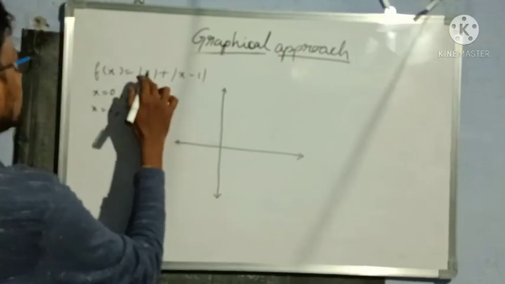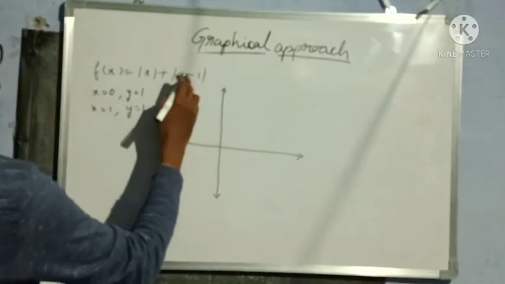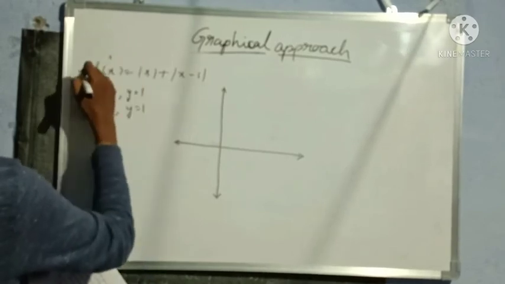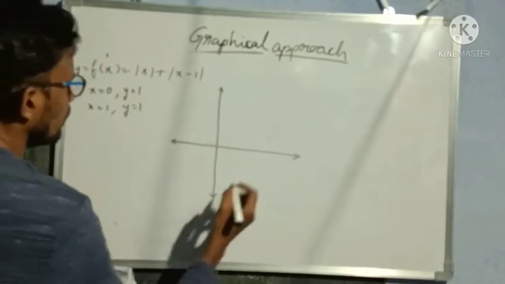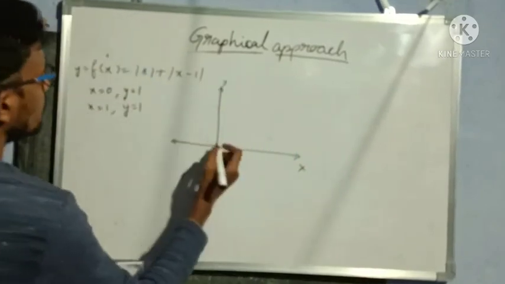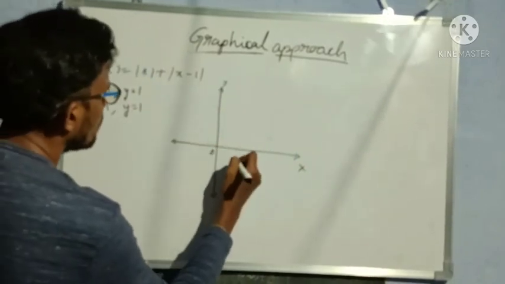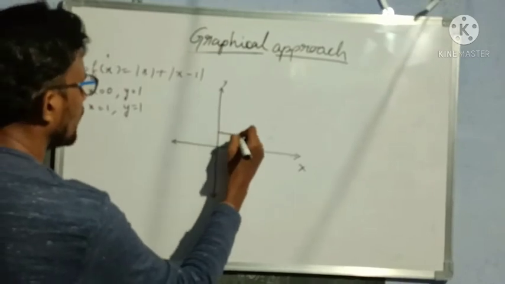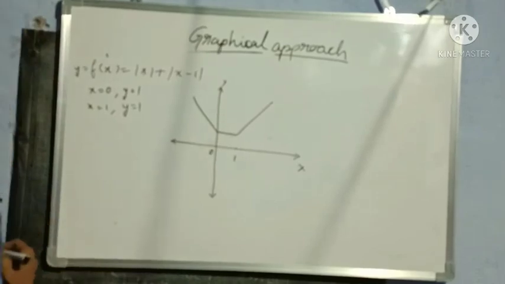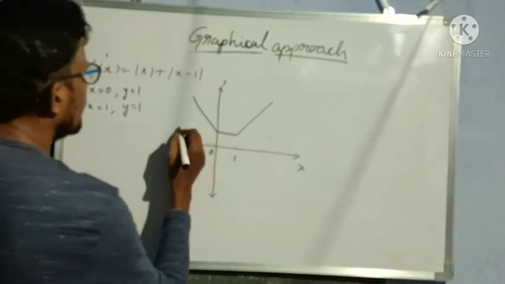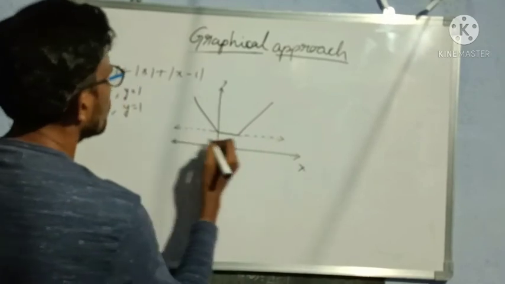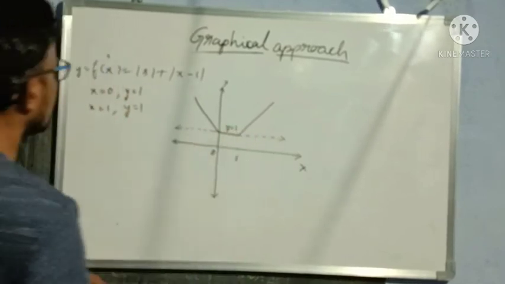Means in this value only 0. 0 means 0 minus 1 is 1. The y value, f of x is nothing but y here. y is equal to f of x. So this is x axis, this is y axis. Now x is equal to 0. This is 0. This is 1. So like this my graph will be, and again a board shape. Understood? Whenever we are getting a line like this, then we have to assume that it is a board shape. So now this is the y is equal to 1 graph.